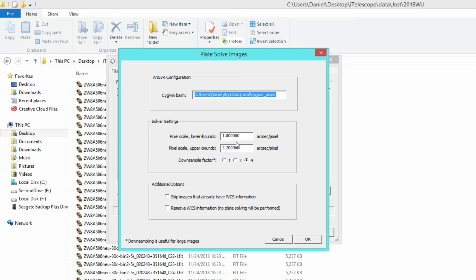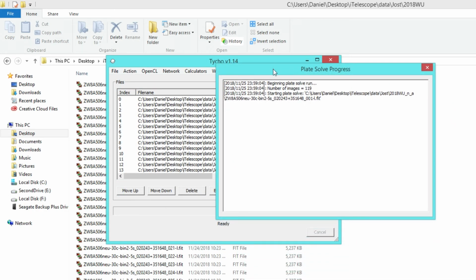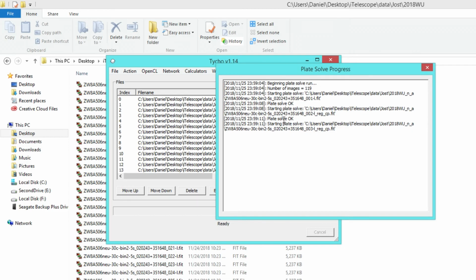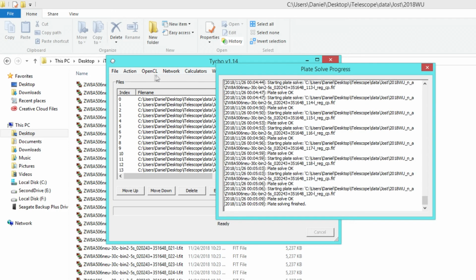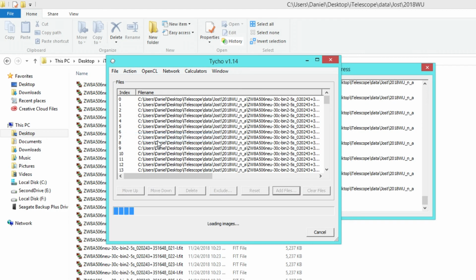So this has a plate scale of about 1.95 arcseconds per pixel, so I went ahead and put in upper and lower bound, and as you can see, it's starting the plate solve process, so I'm going to go ahead and let it do that. Okay, so the plate solving has finished, and so I'm going to go ahead and run the synthetic